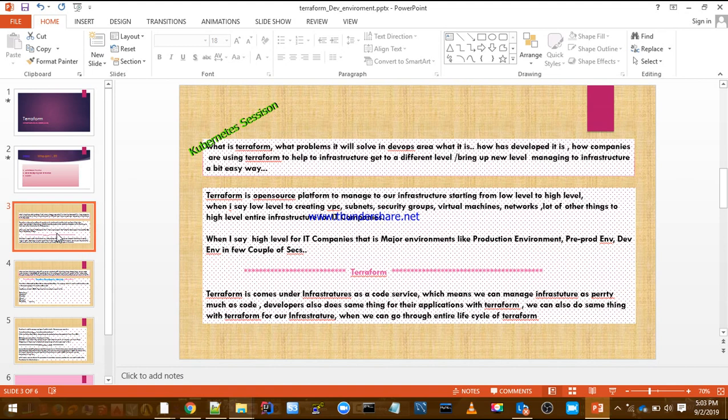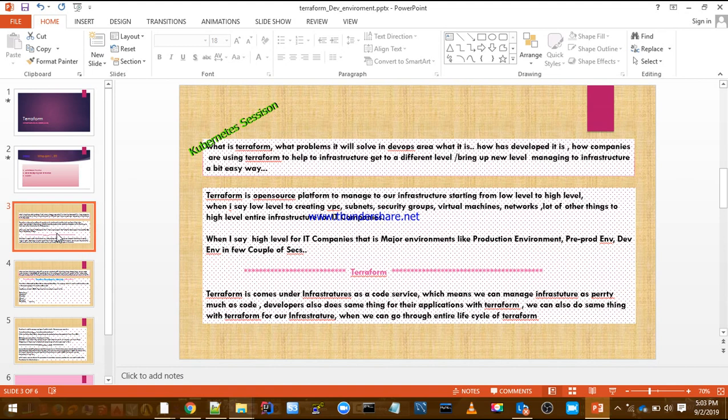In that one region I implemented it as per my manager's requirement. For the rest of the three, they want the same replica of production. At that time I use Terraform. I can provision that environment in very few seconds. That is the magic of Terraform.